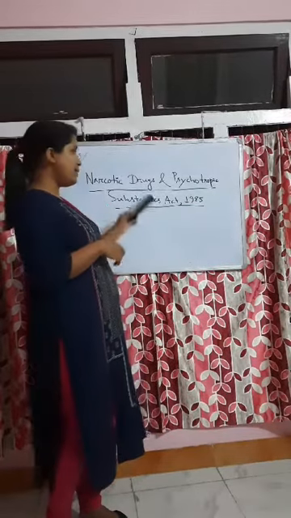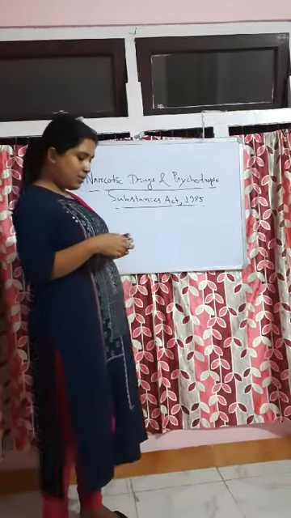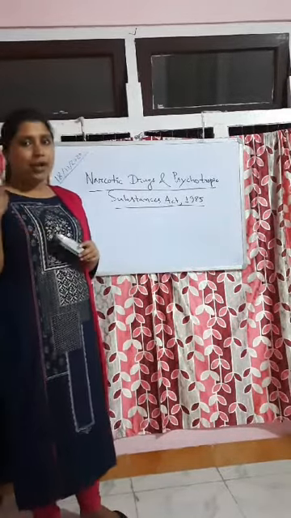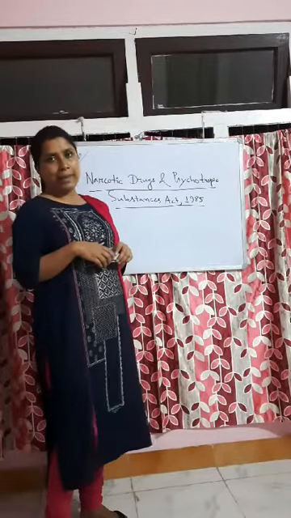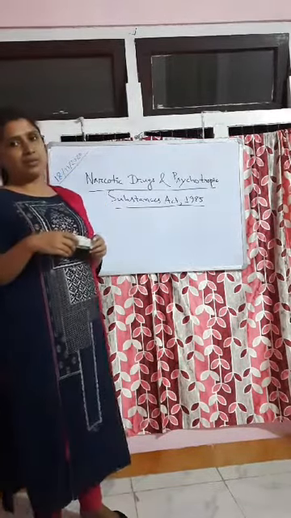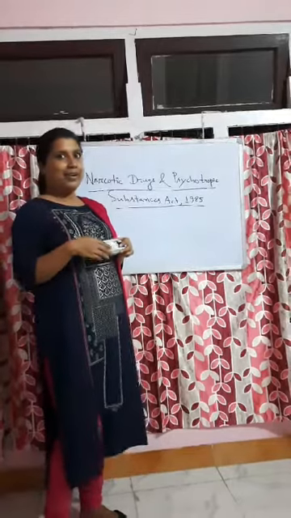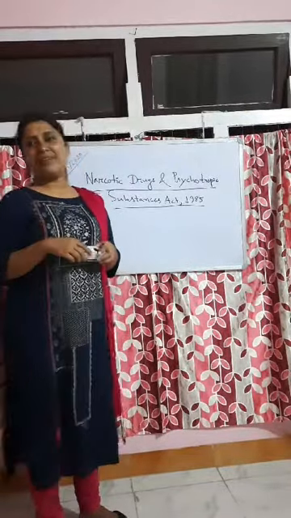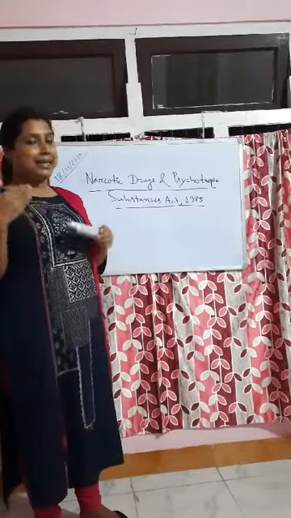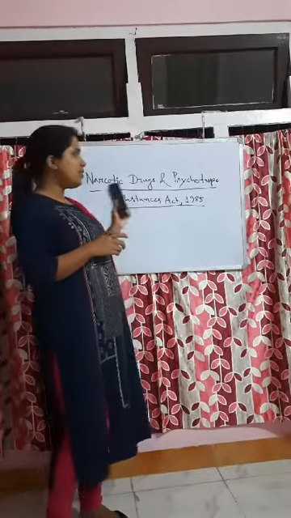Next is psychotropic substances. What do you mean by psychotropic substances? Psychotropic substances are the substances which cause alteration of our mood, alteration of our brain function. It gives a feeling of well-being to our brain function. So psychotropic drugs are such that they activate our brain function, so much that they become problematic. So psychotropic drugs are the drugs by using which you can get a better brain function, but taking too much causes problems. So these are very delicate drugs.